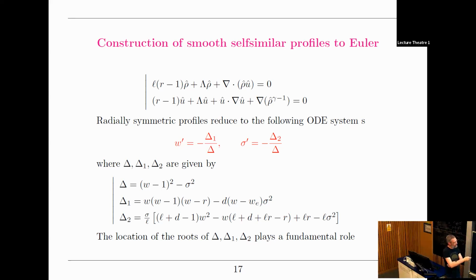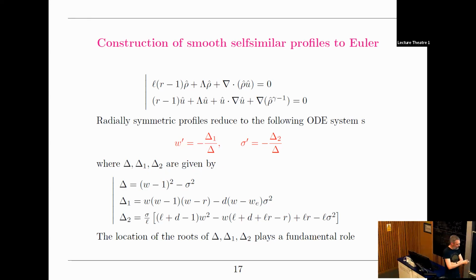And of course, what is difficult in all these problems, this was exactly the same for Juhi, is that the denominator can vanish, delta can be 0. And in fact, delta being 0 exactly corresponds in these variables to the sonic line. So this is where you're going to cross the sonic line, and as we're going to see, unfortunately, you do have to cross the sonic line.